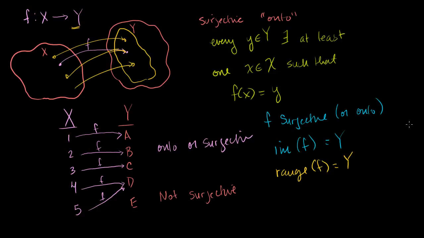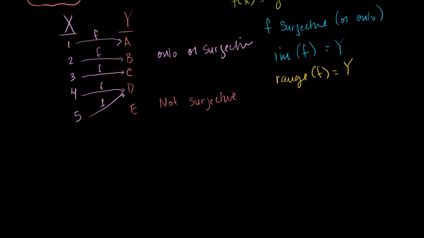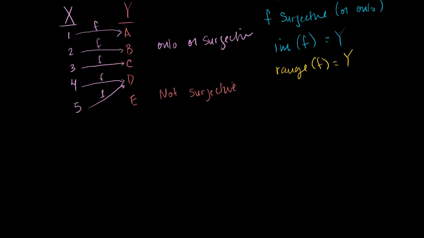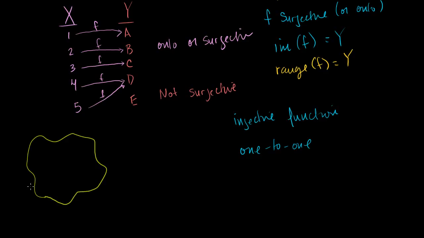Now the next term I want to introduce you to is the idea of an injective function. And this is sometimes called a one-to-one function. So let me draw my domain and codomain again. So let's say that that is my domain, and this is my codomain. So this is x, and this is y. If I say that f is injective